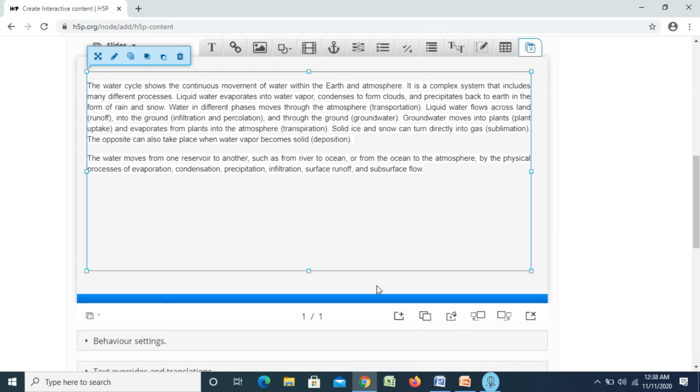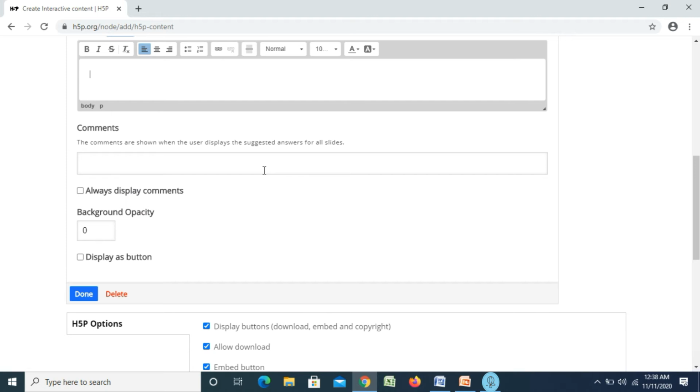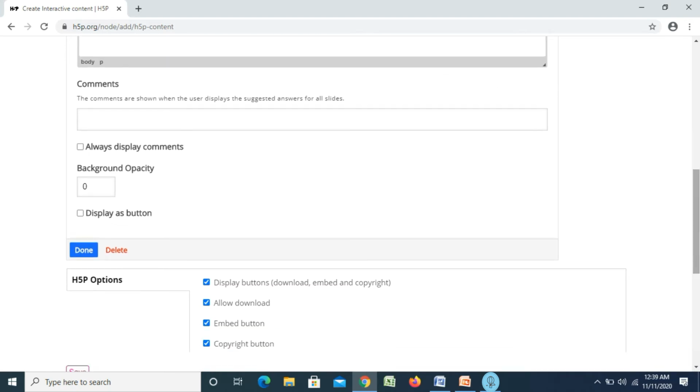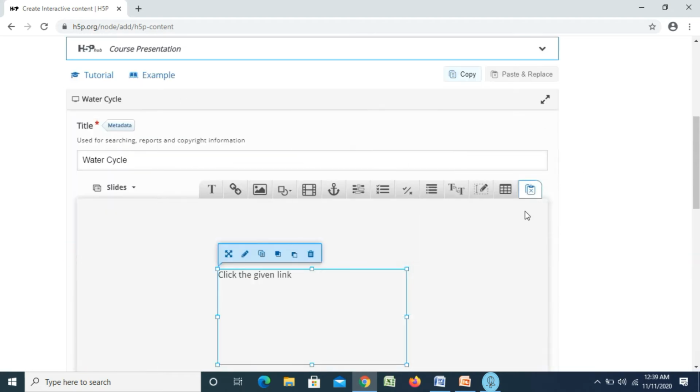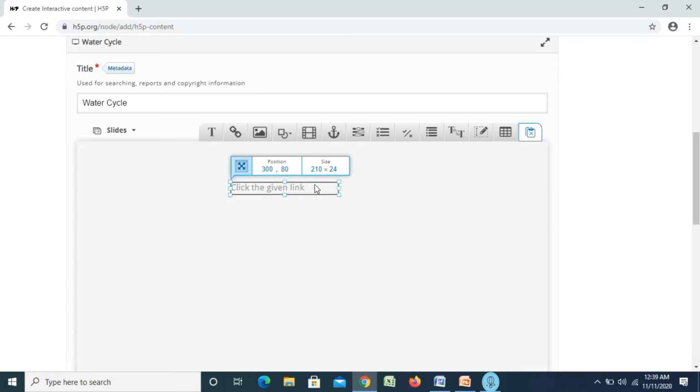Now I would like to add new slide, so I will click here. And I would like to give link of the water cycle animation. For that, first of all, I will add text and I'll write click the given link, then click done. I'll put it at proper position. Then I'll click this link